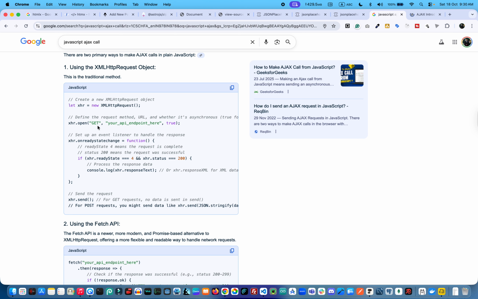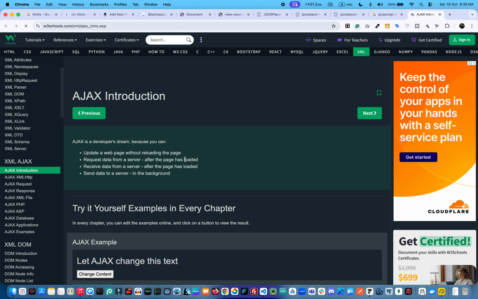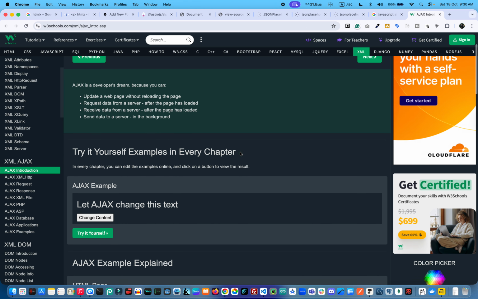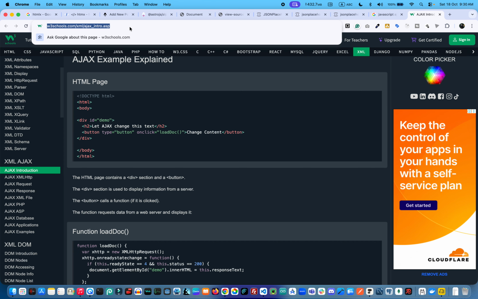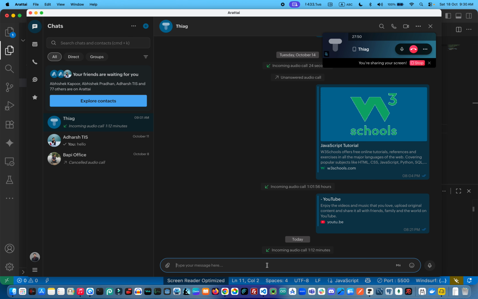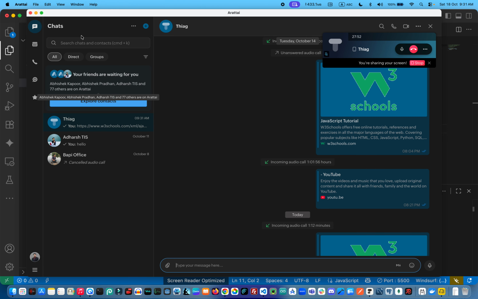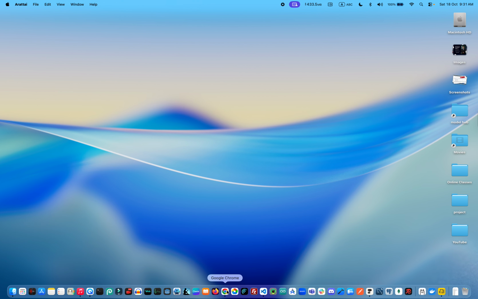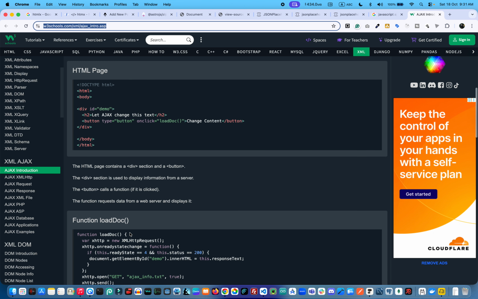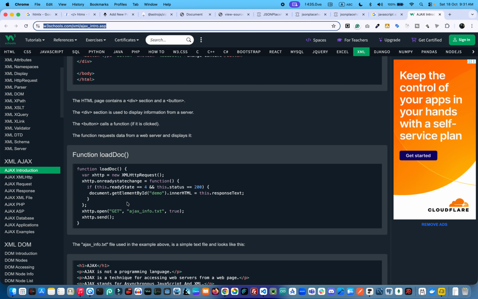API endpoints. So here is a tutorial option if you want to learn about JavaScript Ajax. This is where you can learn about it easily. I shared this link with you for JavaScript Ajax. Now this JavaScript Ajax part is more important when we are working on an API, because JavaScript cannot